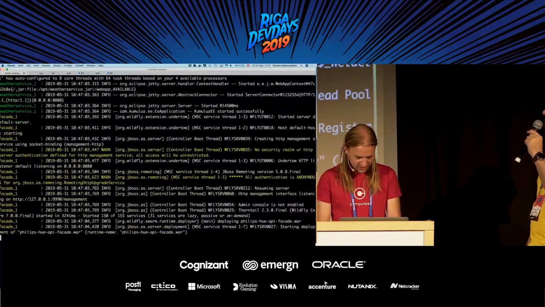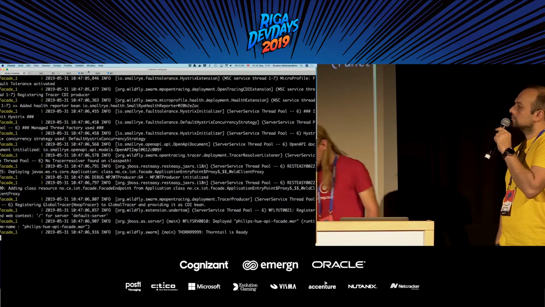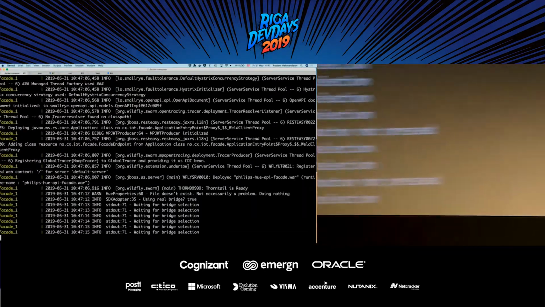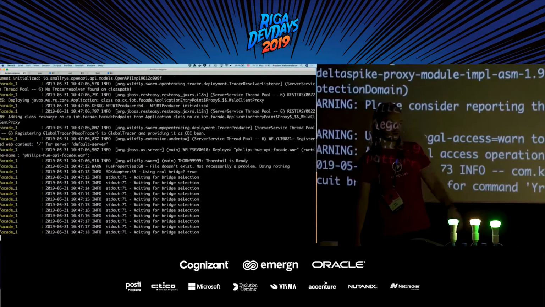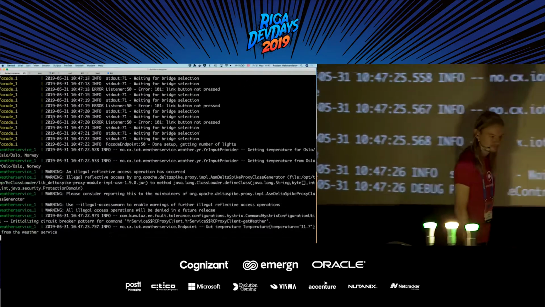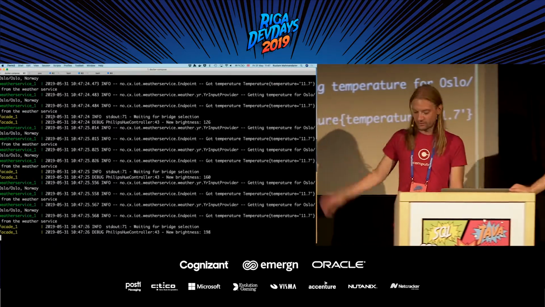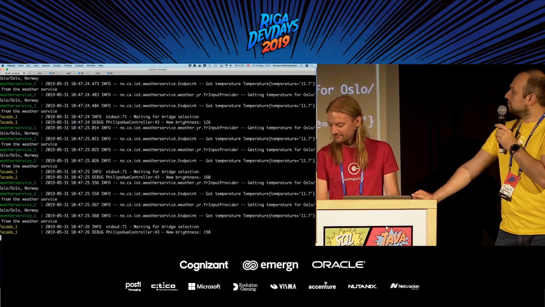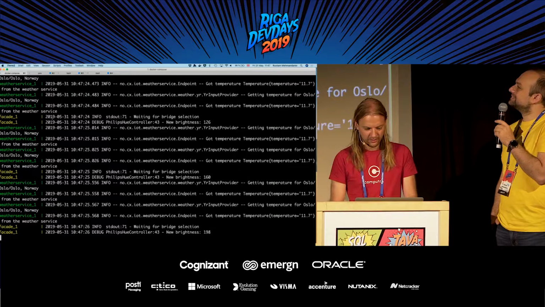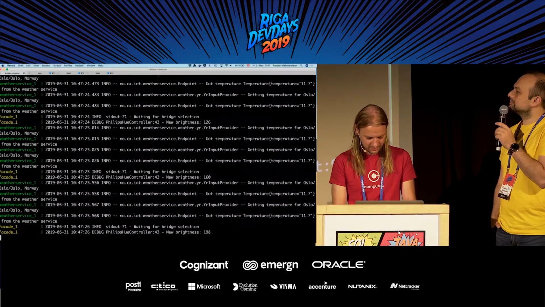And maybe we can just try it as well, just for fun. I guess it's gonna work, I think. Waiting for the bridge, to press the button. So we just press this button over here. No, that's just a security thing. Yeah. There we are. Got a new temperature. We're from Norway, so we're using the temperature from Norway because it feels like being back home, right? So now we've switched app servers. The new one's up and running, totally functioning. This light is a bit strong, perhaps, so we'll just reset it before we finish up.